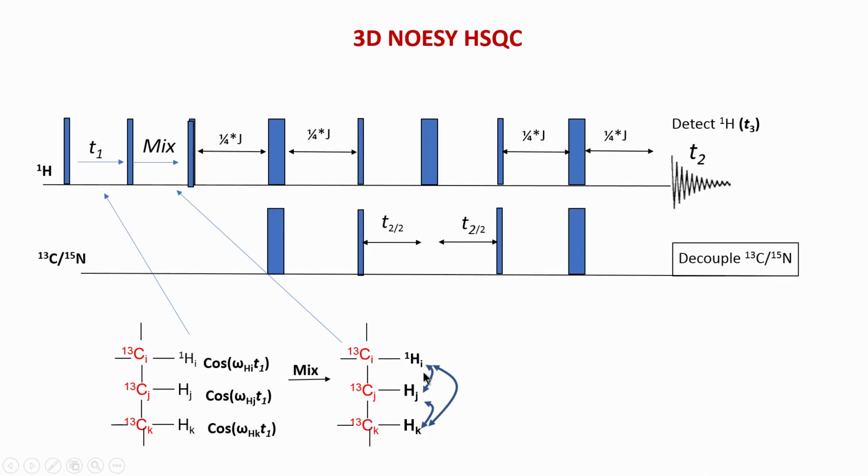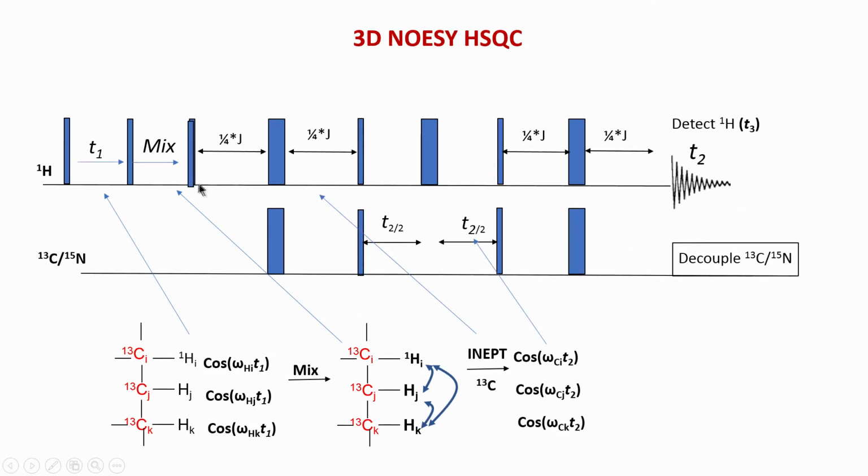So, they will exchange a few percentage of magnetization to each other. But remember 90% is kept with themselves, 90 to 95% of magnetization is actually never given to anybody, only 5% exchange goes on, even less than 5 sometimes. So, this tiny transfer between magnetizations is what we try to detect. Now, after the mixing is over, we have come to the HSQC part.